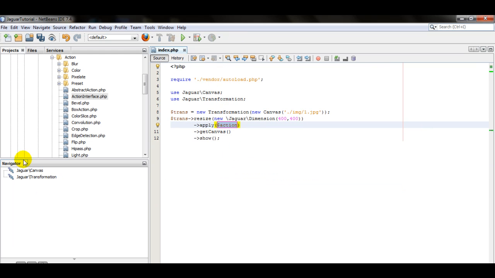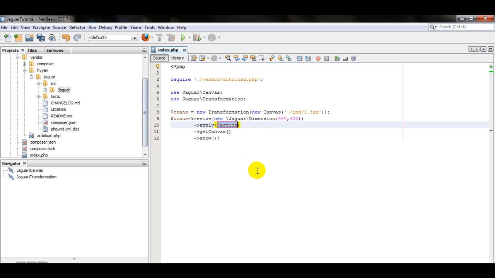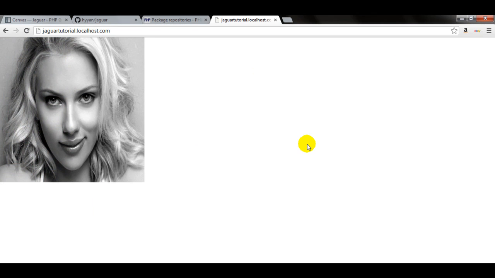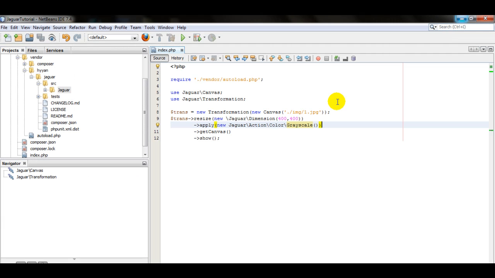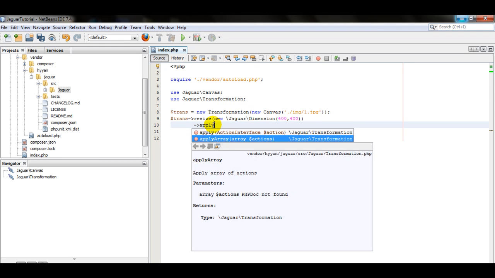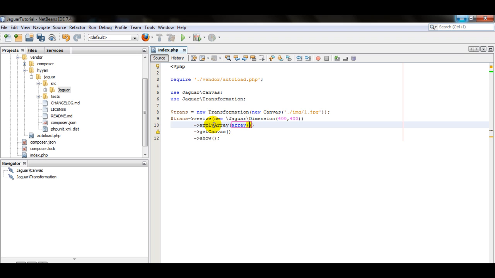Well, anyway, imagine that we need the grayscale. Then we pass a new grayscale object to the apply method. Refresh, and you will see it's also working. We resized the canvas, and we applied the grayscale. You can also apply another effect in the same way, or you can just use the apply array, pass it an array,